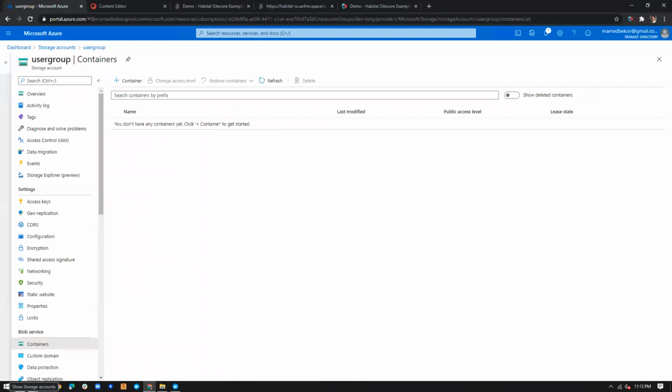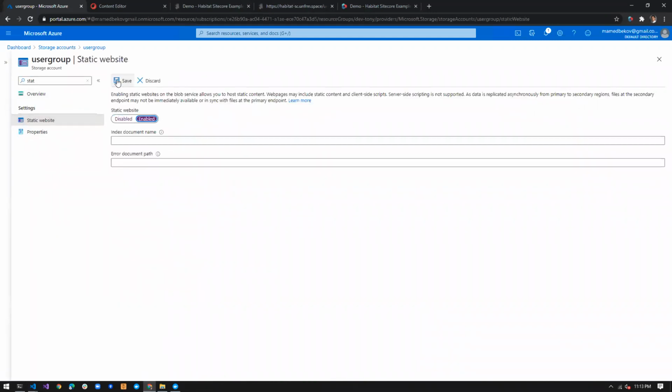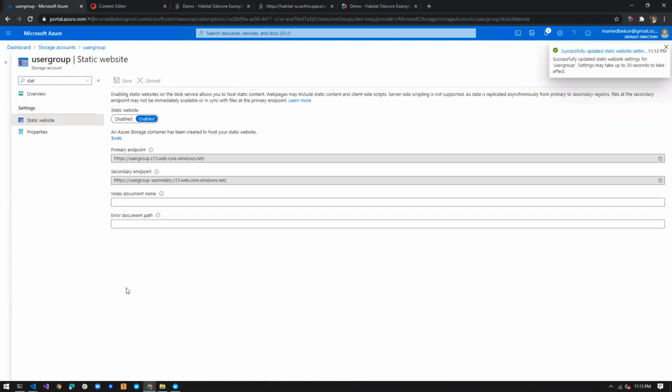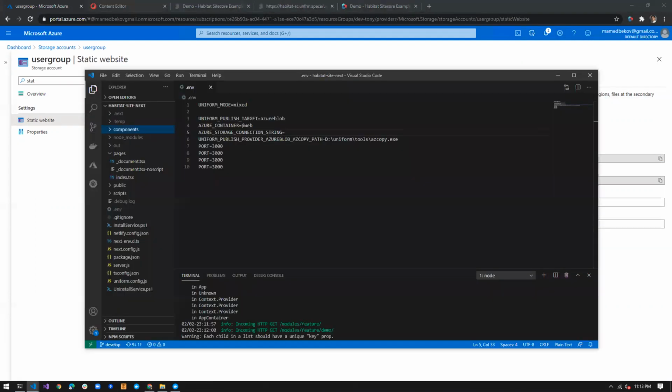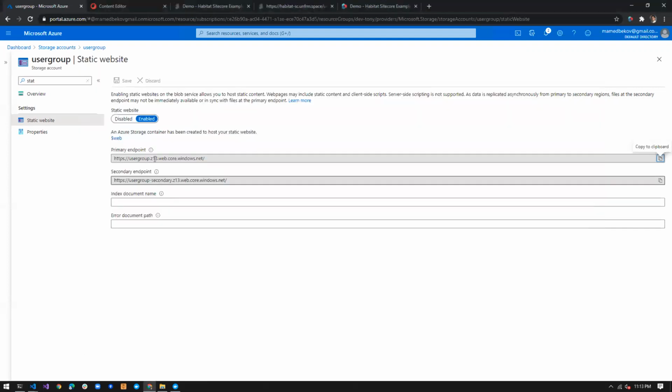Step one will be, after we create it, we'll go ahead and enable static sites here. Static website. We'll go ahead and enable it, save it. So this might take a little time to load. So let's go ahead and save it somewhere where we can. Okay, next we'll go ahead and we'll have to go and grab